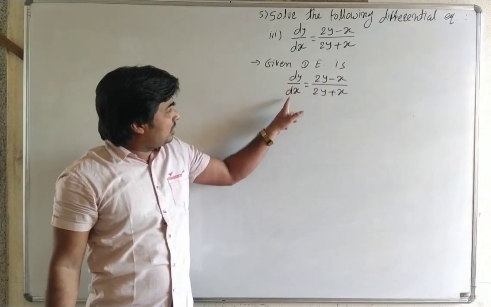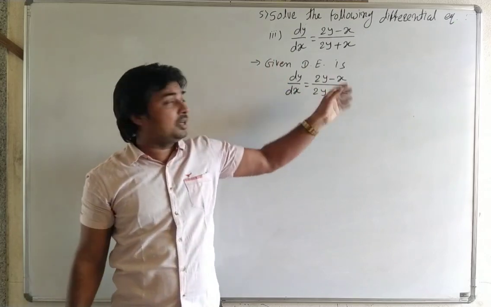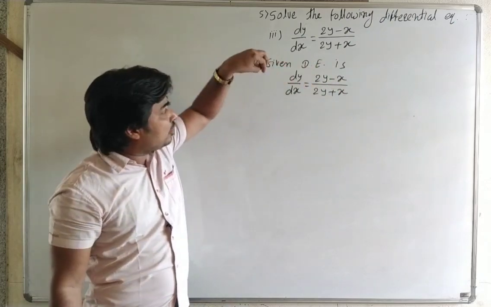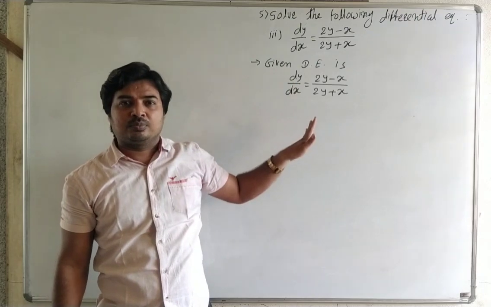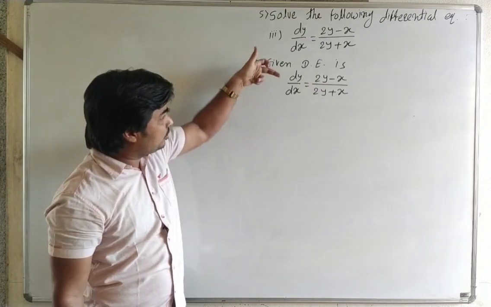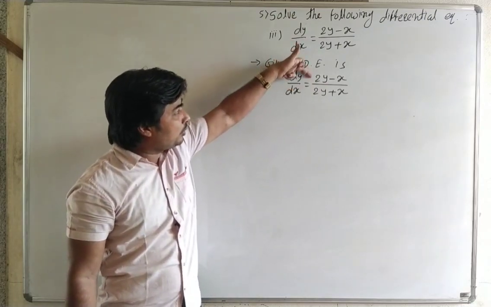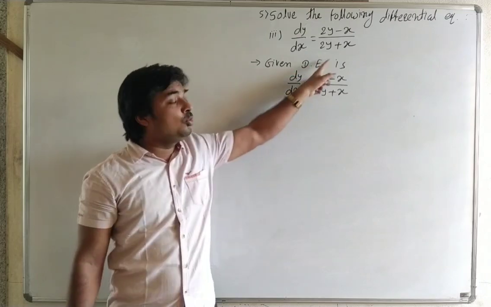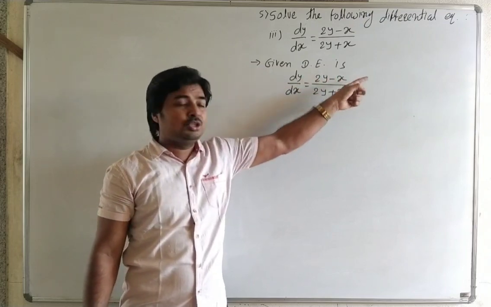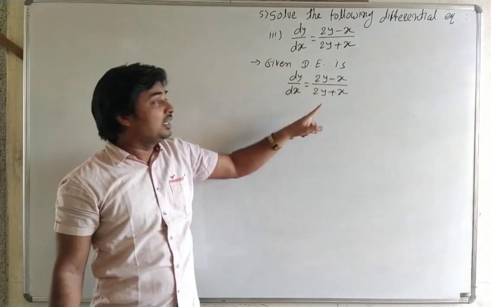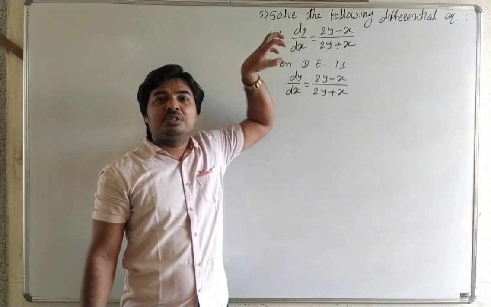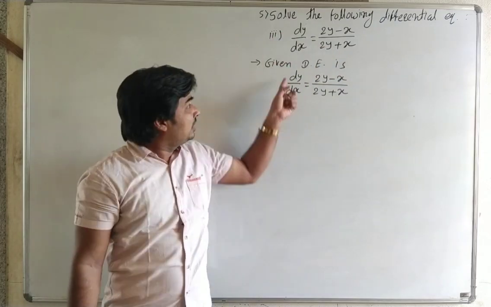Here when we take the differential coefficients dy and dx separate, then dy is equal to this term into dx, but here we cannot separate the variables x and y. Okay, now that means it is not in the variable separable form. But here see carefully, dy by dx is equal to this function, it is f of x comma y. It is a homogeneous differential equation. Here the numerator is a homogeneous function, the denominator is a homogeneous function. That means the degree of all terms is 1, 1, 1, 1. That means it is a homogeneous differential equation in dy by dx.